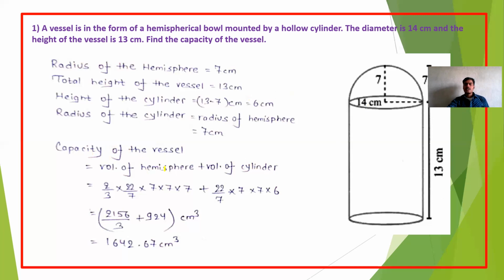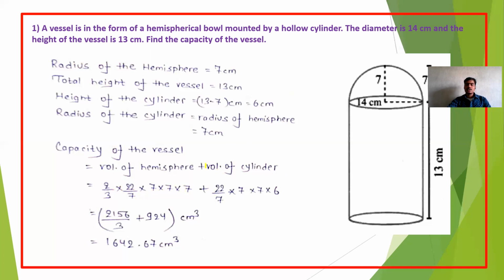Now, we know what is the volume of a sphere? 4 by 3 pi r cube. Here it is a hemisphere. Then, what is the volume of the hemisphere? Just half of it. That is 2 by 3 pi r cube. Put pi equal to 22 by 7. What is r? The radius of the hemisphere is 7 centimeter. So 2 by 3 into 22 by 7 into 7 into 7 into 7 plus